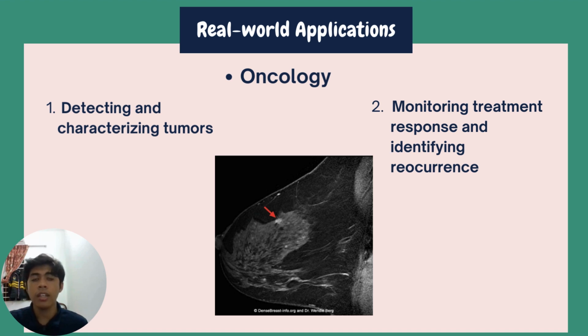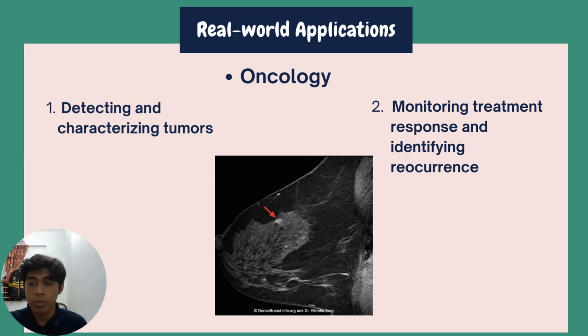Firstly is detecting and characterizing tumors. MRI can effectively detect tumors in various organs, including the brain, breast, prostate, and liver. Its ability to differentiate between different tissue types helps distinguish between benign and malignant lesions. Advanced MRI techniques like spectroscopy can analyze the metabolic makeup of tissues, further aiding in tumor characterization and guiding treatment